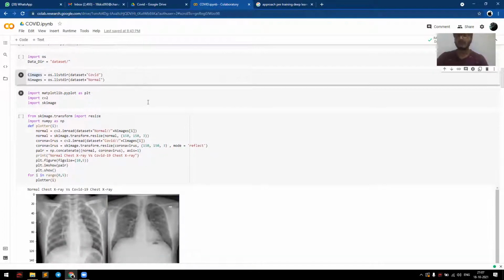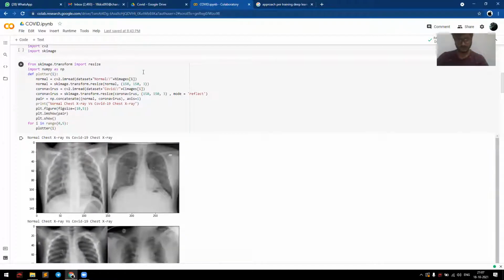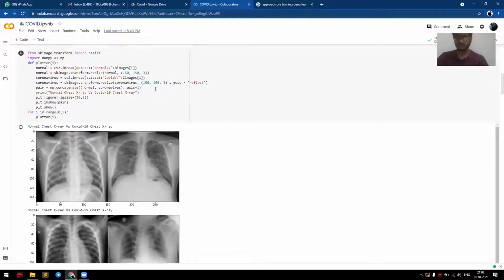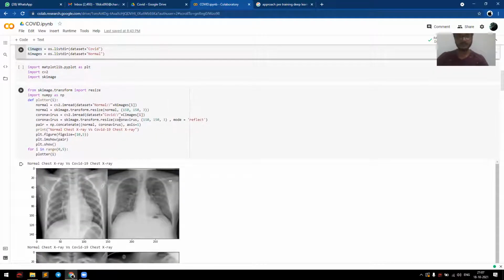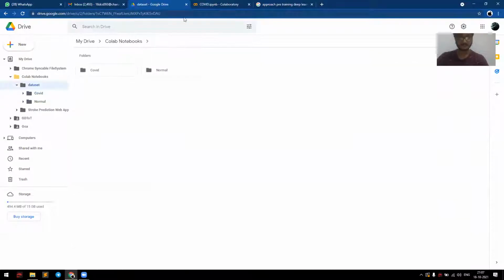So basically we will use X-rays to predict whether the person has COVID or not. I use sklearn because it is extremely helpful, and we will plot the COVID and normal datasets.